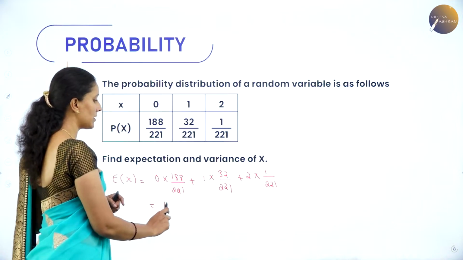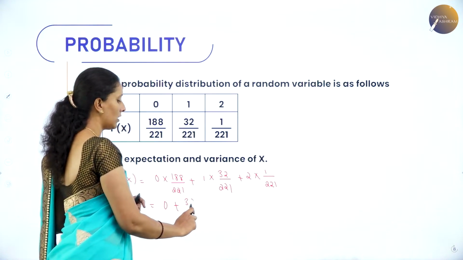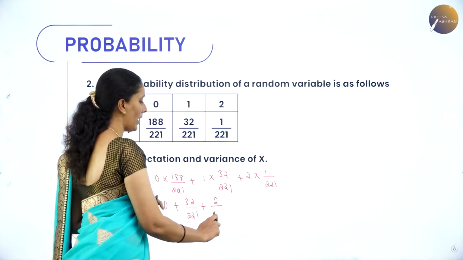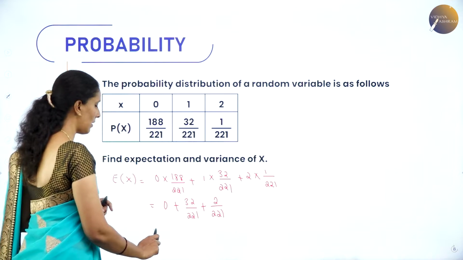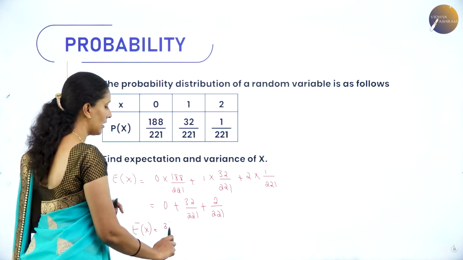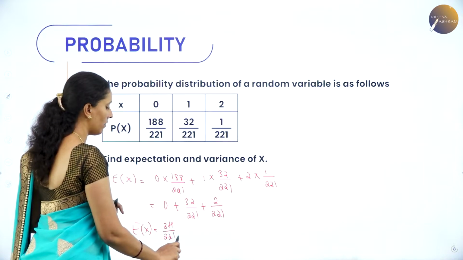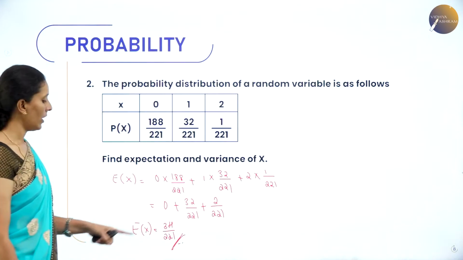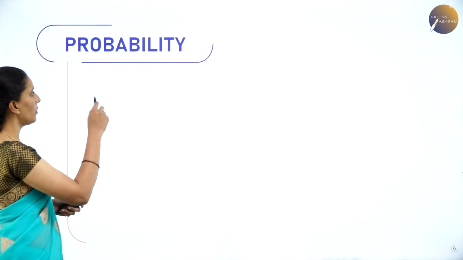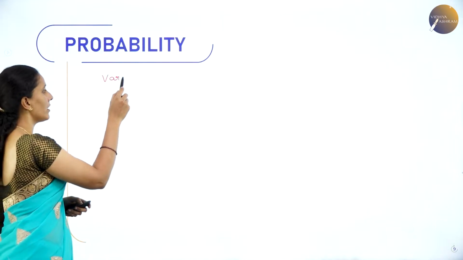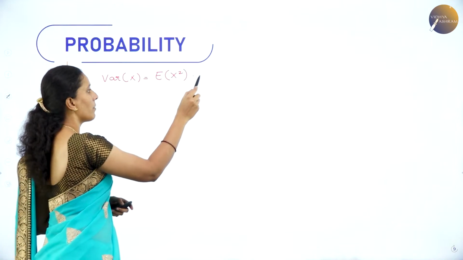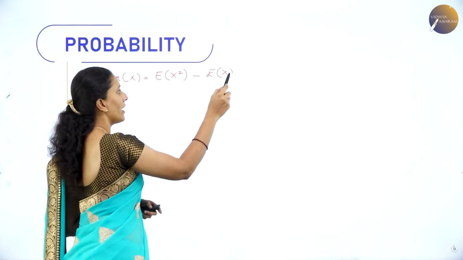So, the first element is 0. Next, we have 32 by 221 plus 2 ones are 2 by 221. Denominator is same, so we can directly add. Expectation of X, we will get as 34 divided by 221. So, this is E of X. The next one is we need to calculate the variance. So, we know that the formula for variance of X is expectation of X square minus expectation of X whole